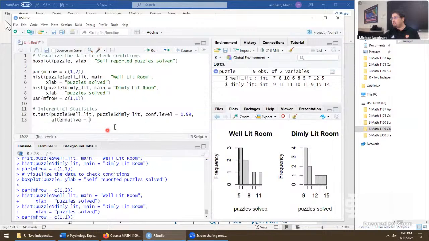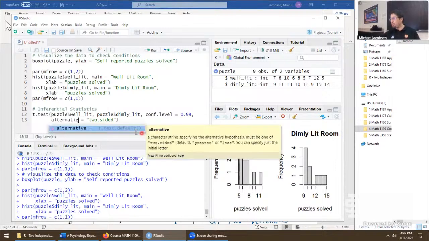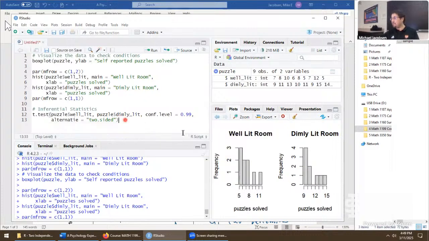So just to be really specific, let's just say two.sided. Let me double check the syntax on that. Alternative. Retyping it so RStudio can help me out by pulling this up. It should have been "two.sided" in quotes. That's the default thing. So now let's run this whole thing.